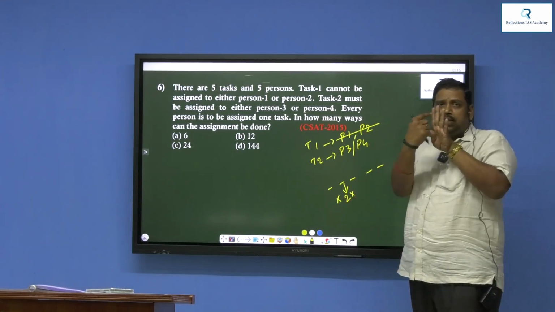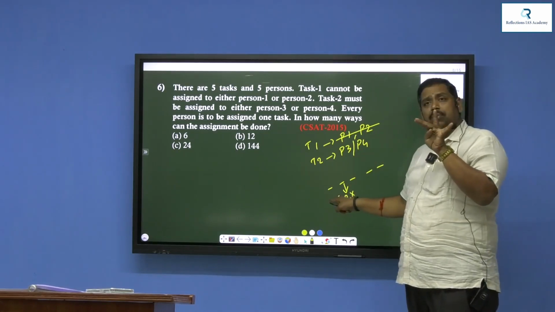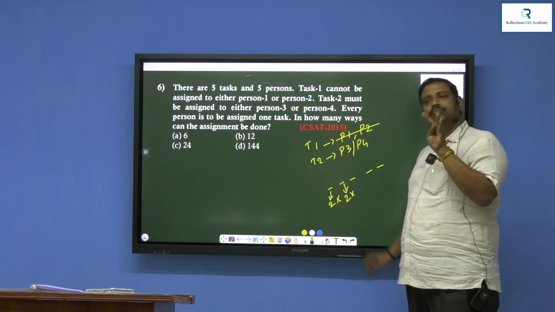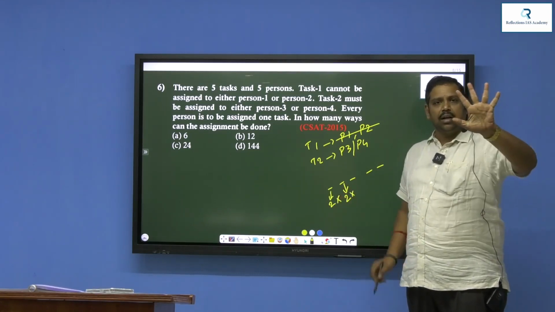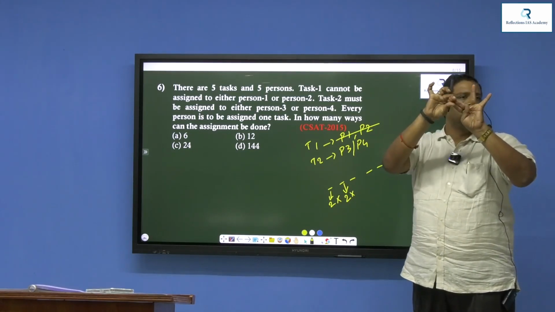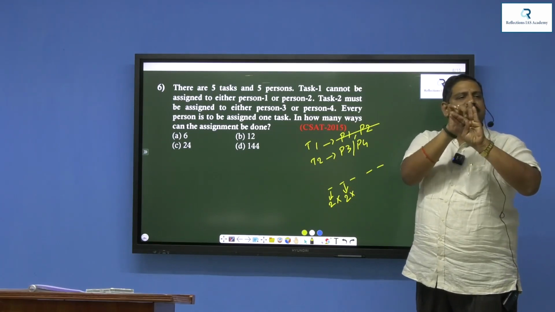Yes, sir. Means out of these 4, P1, P2 both are there. These 2 will come here or will not come here? Will not come here. Means how many ways I can assign this task? Total 5 tasks, na? P3 or 4, 1 is appeared here. P1, P2 should not come here. This is already appeared. So these 2 no. So how many ways I can do? 2